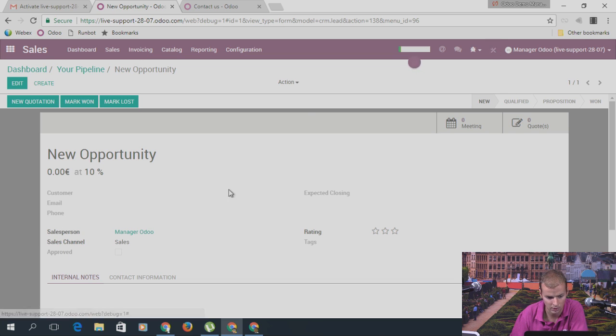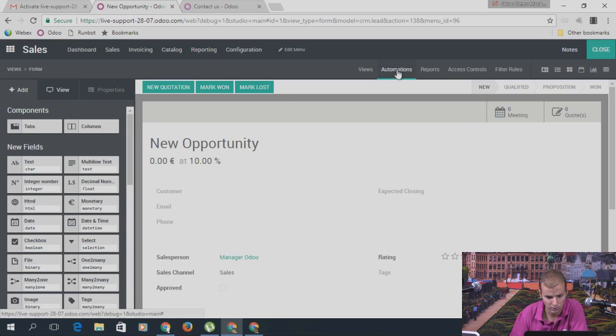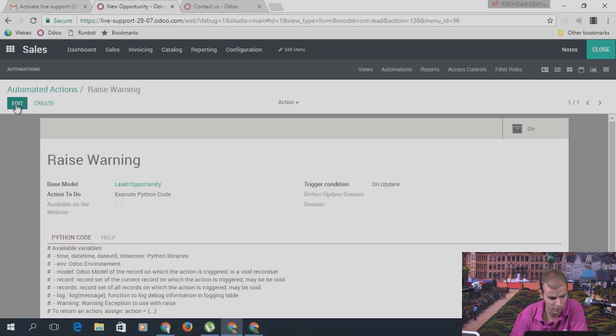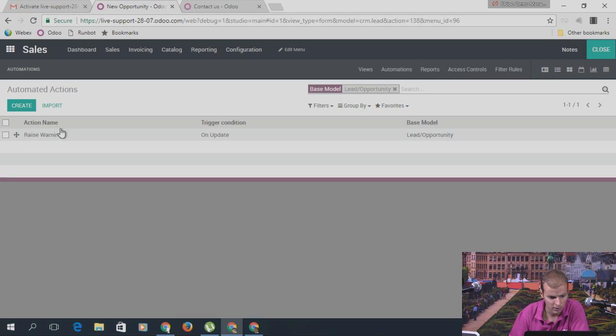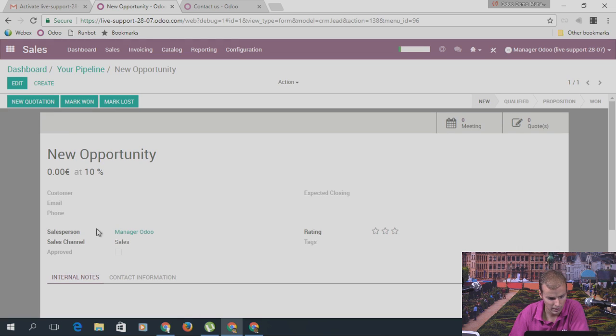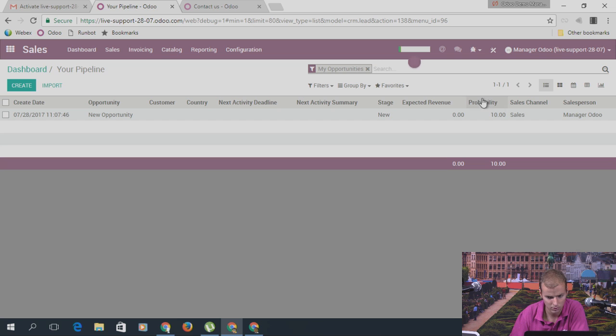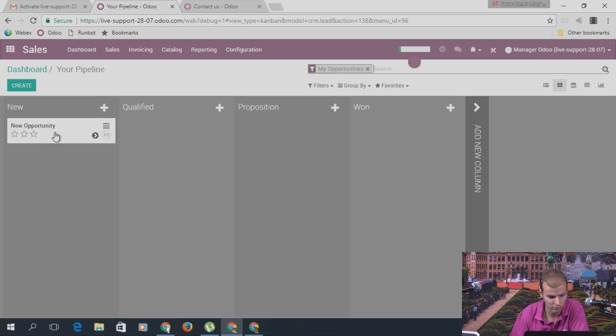Okay, and then in the automation QPL4N. I think that's it. Okay, and now I close Studio, and if I want to change the stage of this,